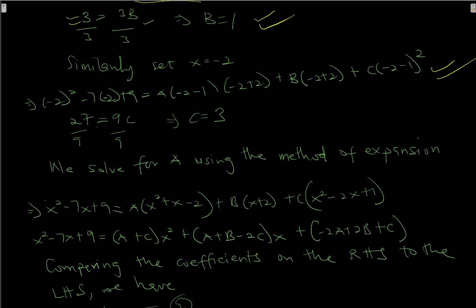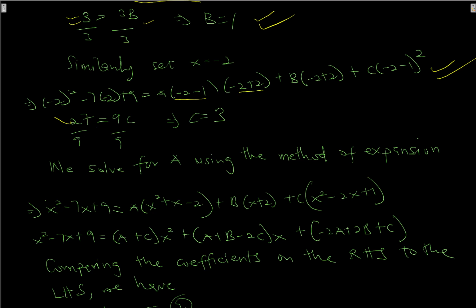We realize that when you consider the left hand side, we get -2 squared is 4, 7 times -2 is positive 14, so 4 plus 14 is what? 18. Then 18 plus 9 is 27. Now on the right hand side, we have -2 minus 1, which is -3a, but don't forget -2 plus 2